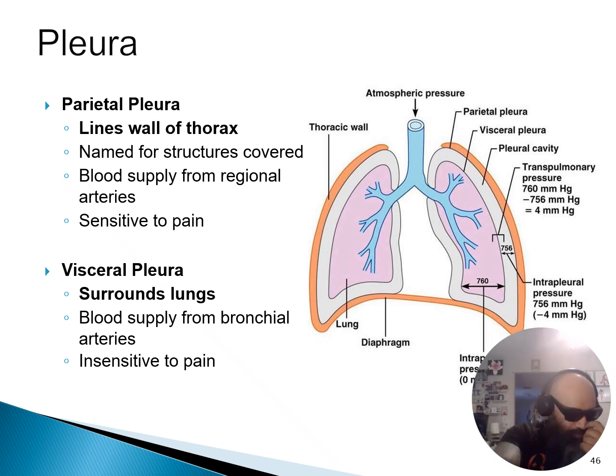Notice that the parietal pleura does have some nerve endings, and it is sensitive to pain. The visceral pleura is insensitive to pain. So that's a big thing that you might want to know. But the pleural cavity, as you can see there, the space between the parietal pleura and the visceral pleura is the pleural cavity,